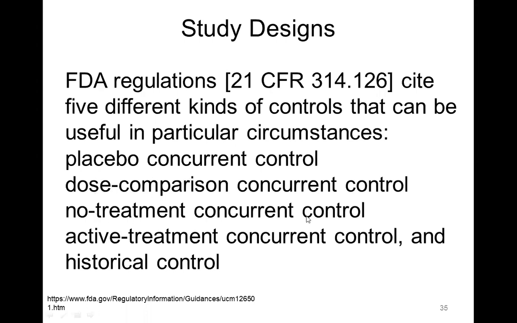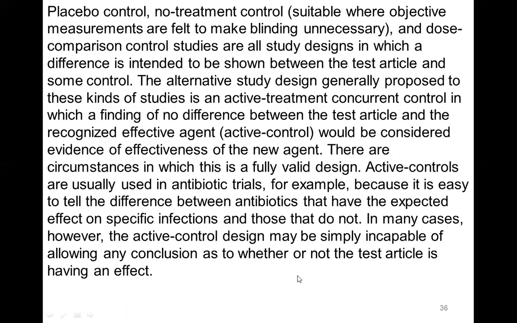No treatment concurrent control, active treatment concurrent control, and historical control. So these are the 5 kinds of controls that the FDA recognizes for studies. Now, this is a long slide. I'm not going to read all of it to you, but the placebo control, no treatment control, and dose comparison